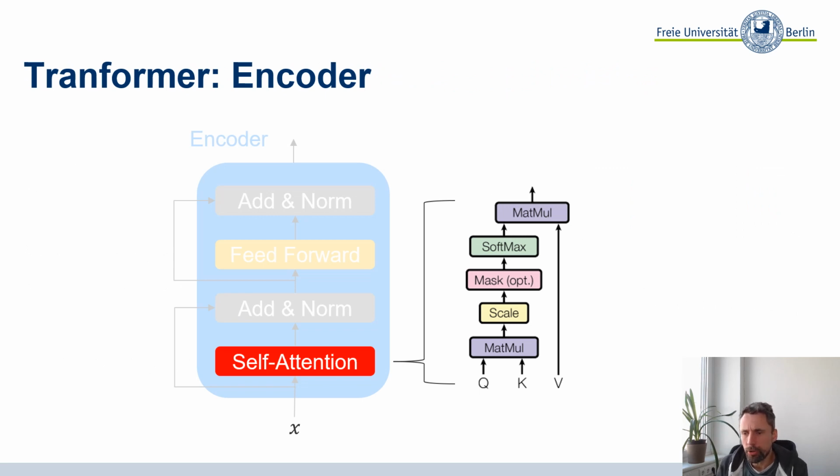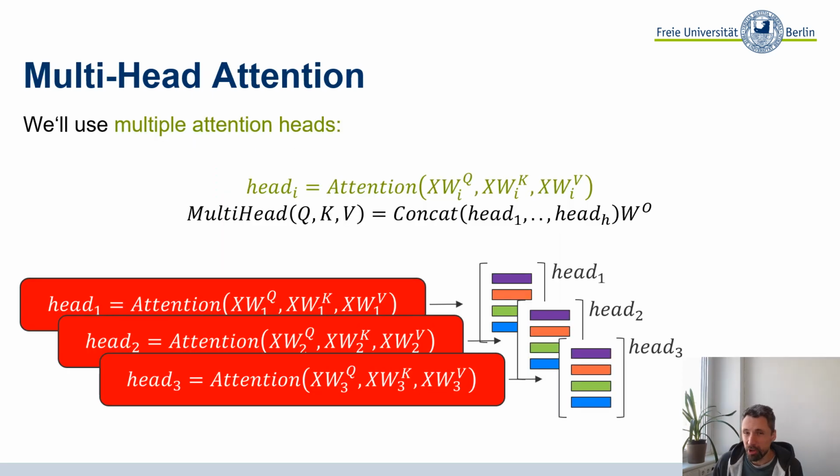So the encoder's first component is the self-attention layer, which, given Q, K, and V, linear projections of each of these elements in the input, can be visualized as this computational graph here. Very simple. Now, to make it a little more complex, the authors introduced so-called multi-head attention. And this means that we do not just do this self-attention once, we do it many times. I think in the paper it was 8